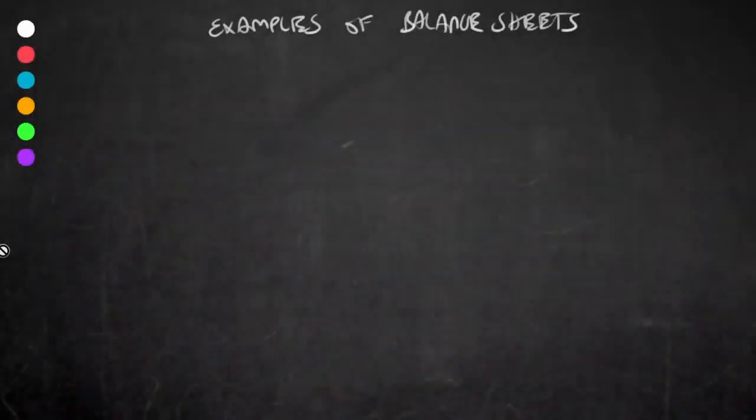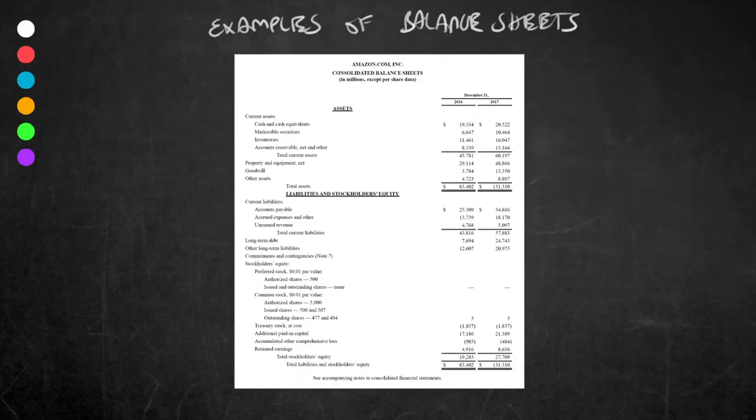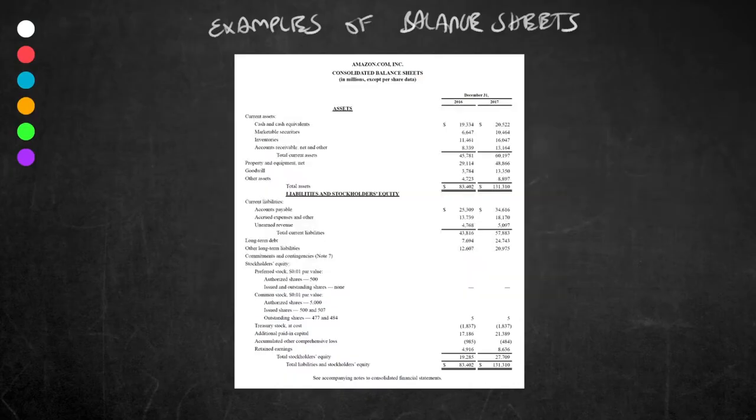So we have looked at the structure of balance sheets, and I think it's time to go through some real life examples to put what we have learned into practice. I took this example off the corporatefinanceinstitute.com website, and Amazon, or AMZN, its ticker symbol, is a publicly listed company on the NASDAQ stock exchange. I'm sure you all know exactly what Amazon does, but before we begin, I'm going to cut this document up